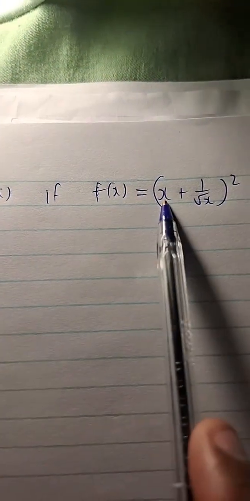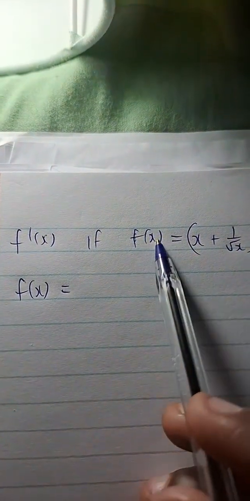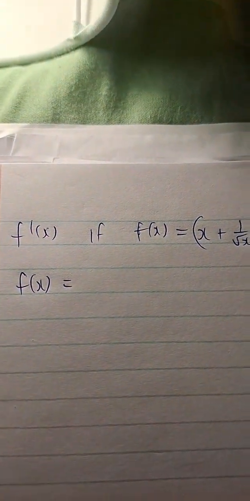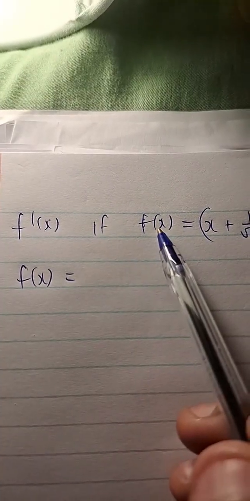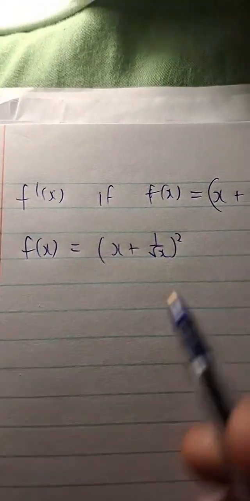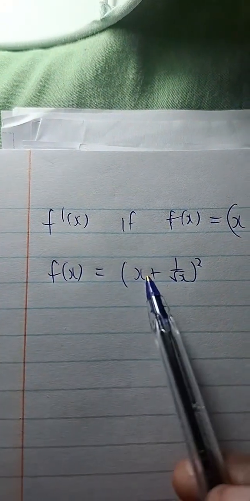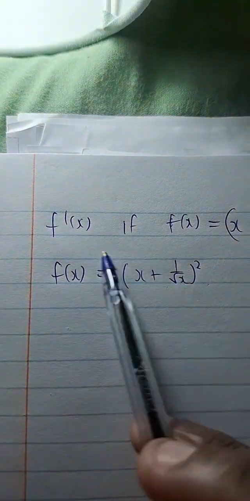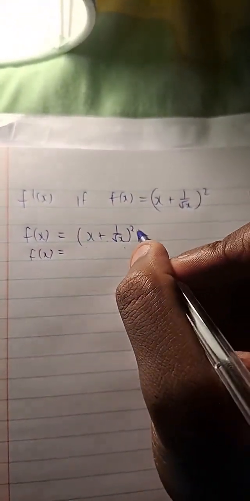Now, what happens with this notation? We have f prime x, if f of x is equal to this expression. So what I do here is write what f of x is. F of x is simply functional notation, but it stands for y. So this is my expression for the function. F of x is equal to this, and what I'm going to do is simplify it. F of x is equal to x plus 1 over root x, the whole thing squared,